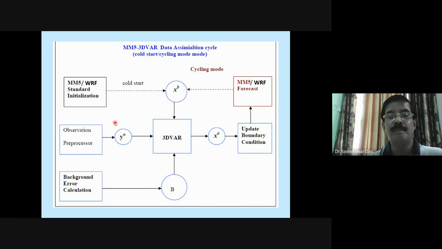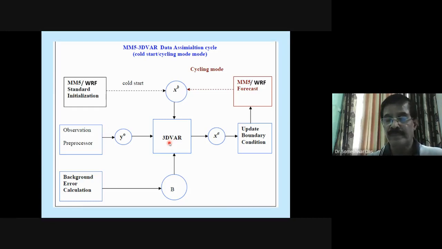So you are trying to mix these things. You are merging the background, that is your first guess, plus the current observations represented by YO, into your assimilation system, which you just saw as an expression to minimize the cost function.